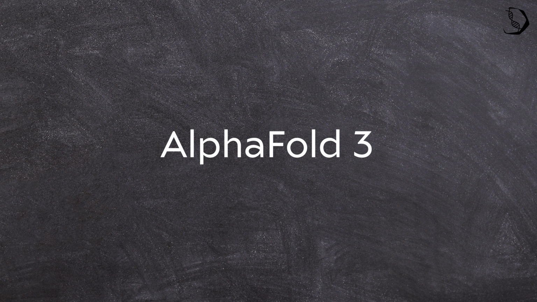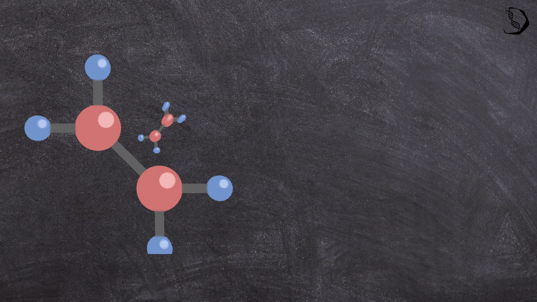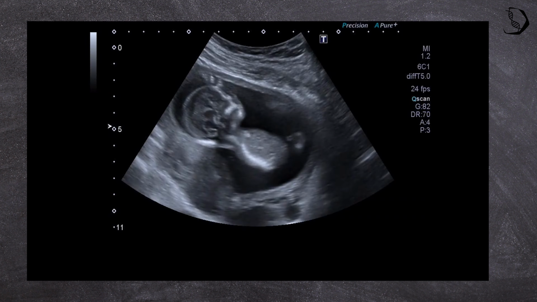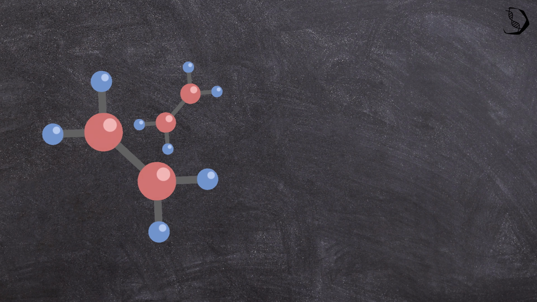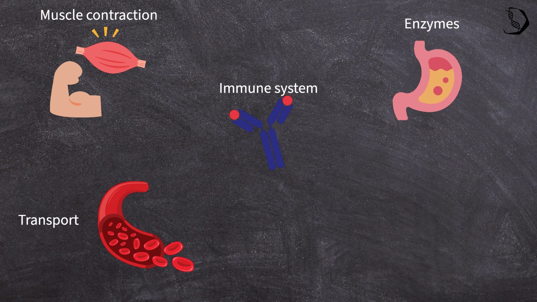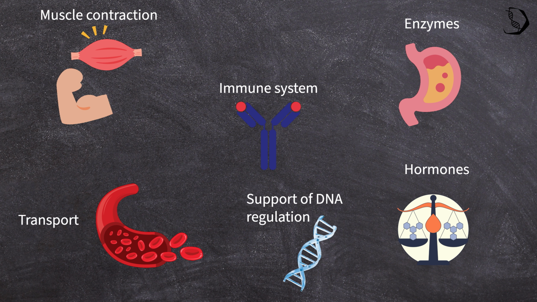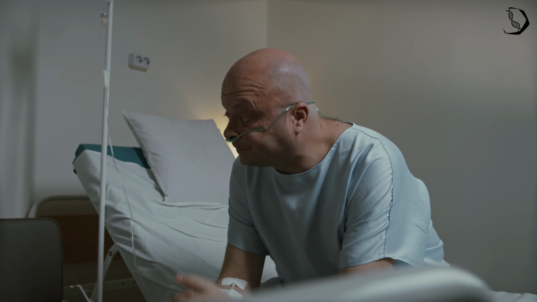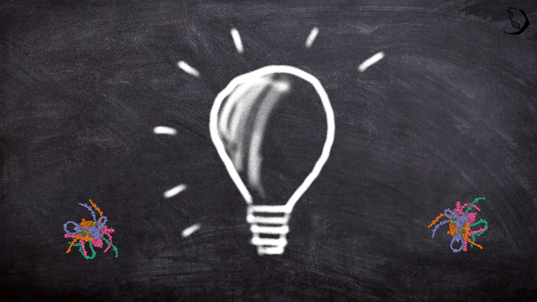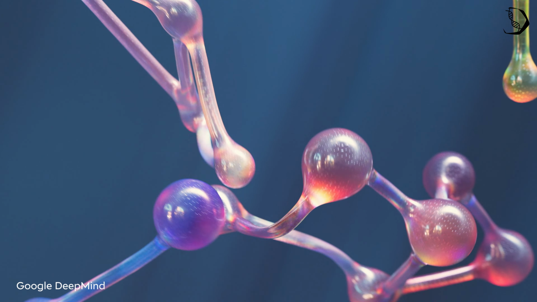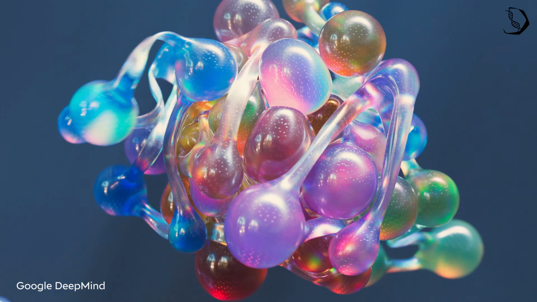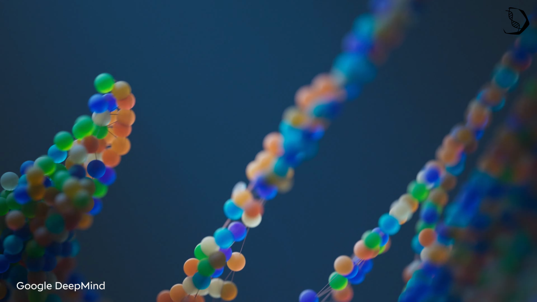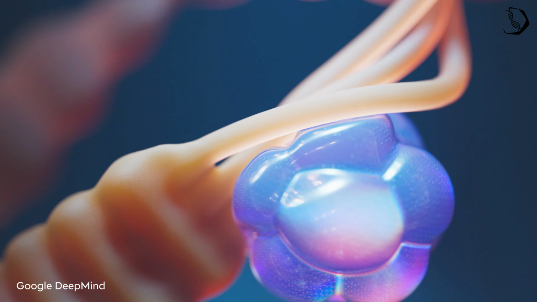Let's start over with the introduction to AlphaFold 3. Molecules are so important for understanding our life. Molecules can make up proteins, these tiny machines that fulfill a multitude of different functions. In many cases, we still don't understand these functions in detail. But this would be so important to understand many different diseases and to find solutions for the patients. Proteins often play a major role in these knowledge gaps, and so all researchers in these fields were extremely happy when AlphaFold opened its doors, as it really has the potential to help solve many of these problems in life sciences. You may wonder why, and I will give you the answer throughout this video.